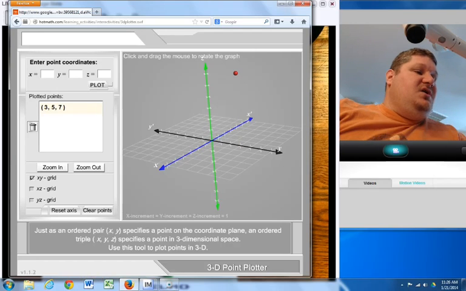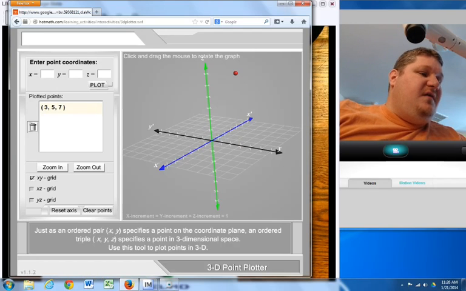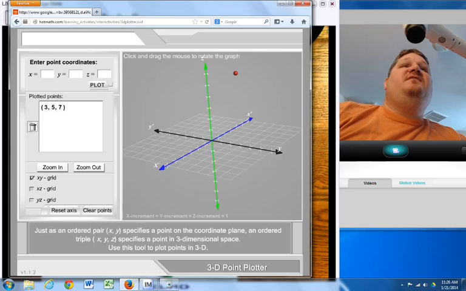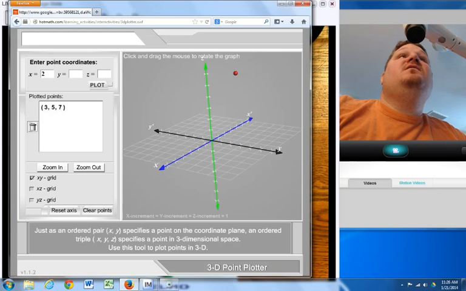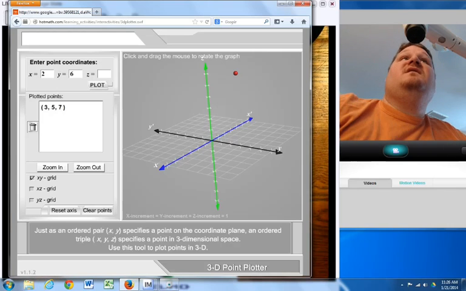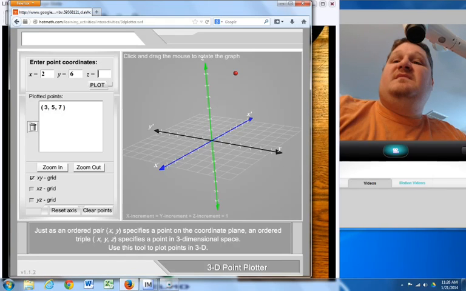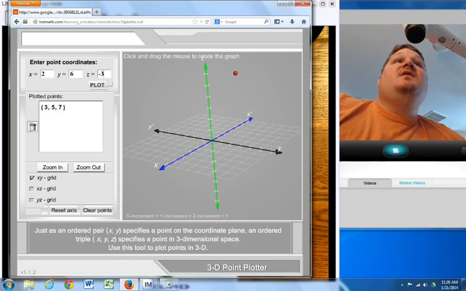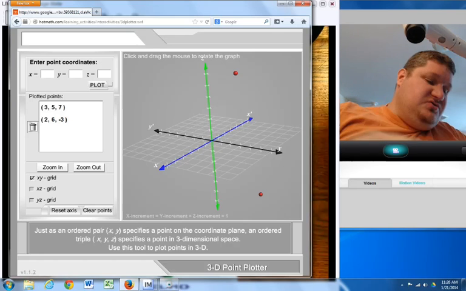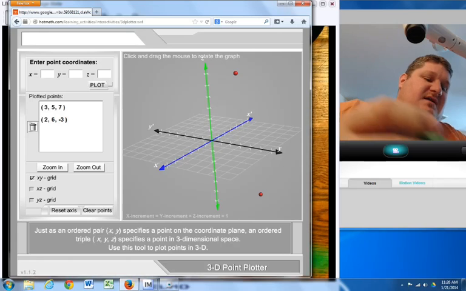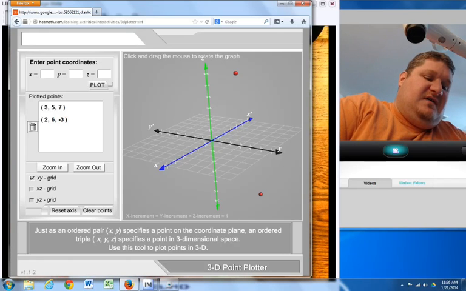Okay, so it'll graph that by moving down various axes. Let's try another one here, 2, 6, -3, and plot. Okay, so we go down, over, down in this case. So what we can do is, those are simple points. Now, if I actually wanted to turn this into a vector,